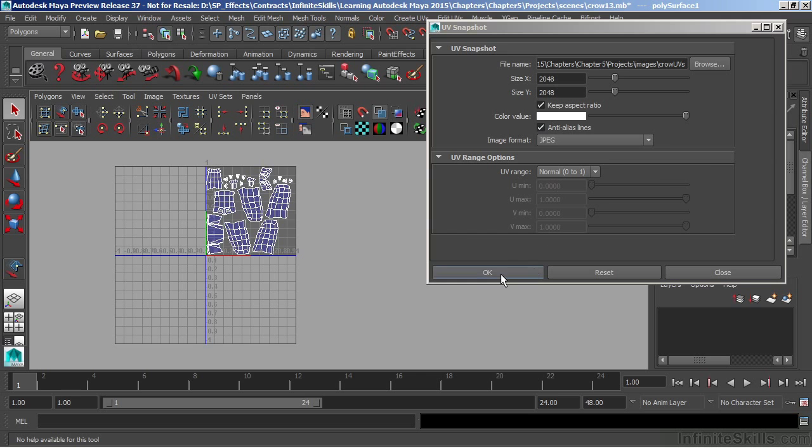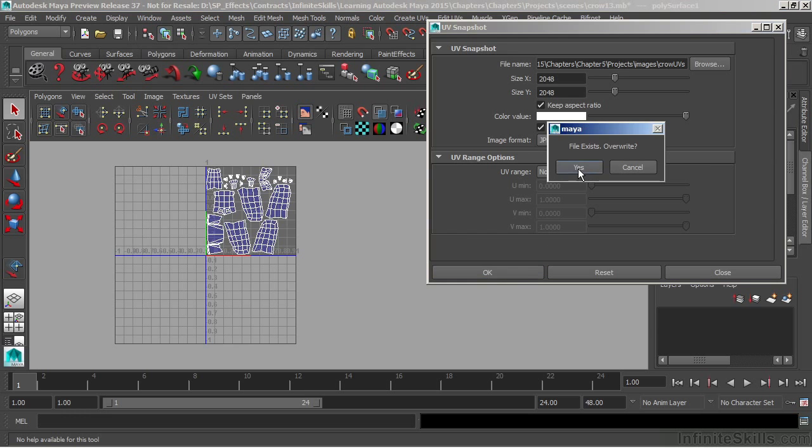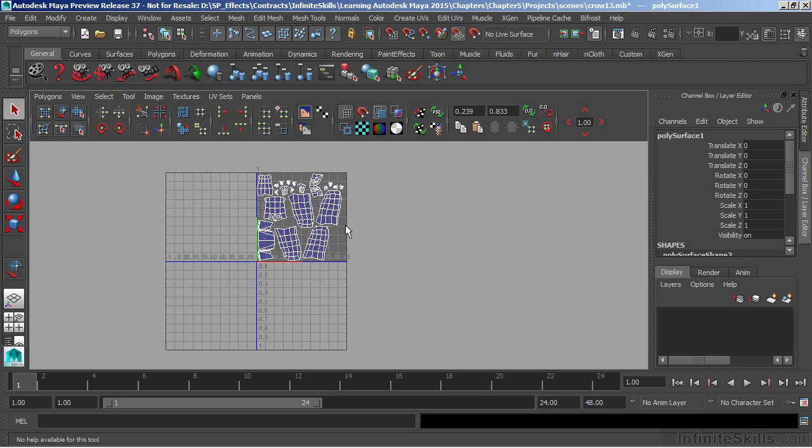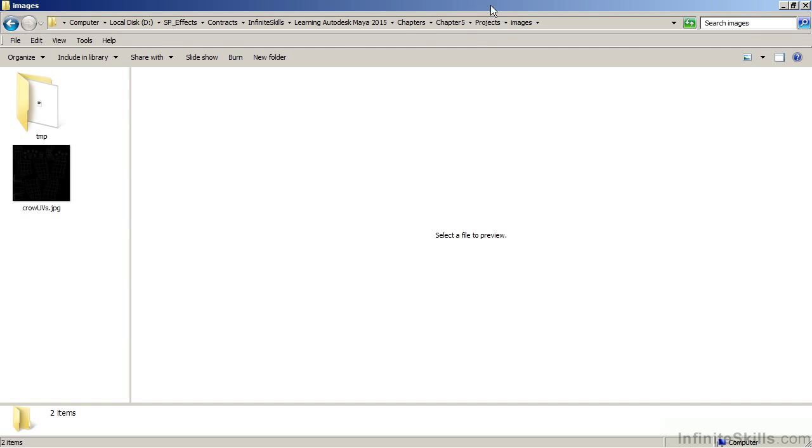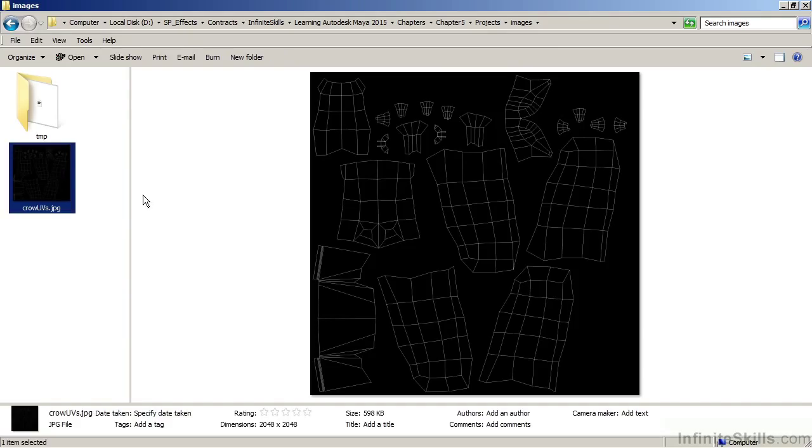All right, our settings are all good. We'll hit OK. And we already have that file out there. And let's check and see what it saved. Here's my Crow UVs. I'm in my project directory. There's my UV layout. Now I can take this UV layout and bring it into a software package like Photoshop,